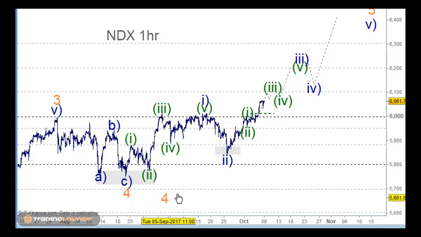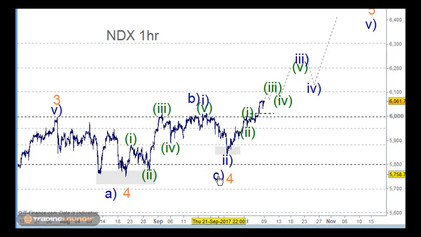this wave 4 could be over here, and we could have this here as the A wave, a B wave up here, and a C wave to this point here as wave 4. Then we would still be just looking for 5 waves up here, and then finishing here, and basically moving down from here. So that's also a possibility that can't be ruled out.